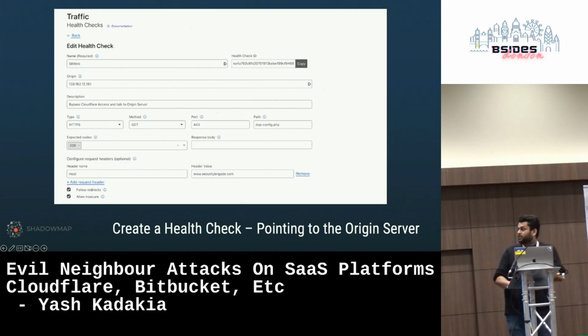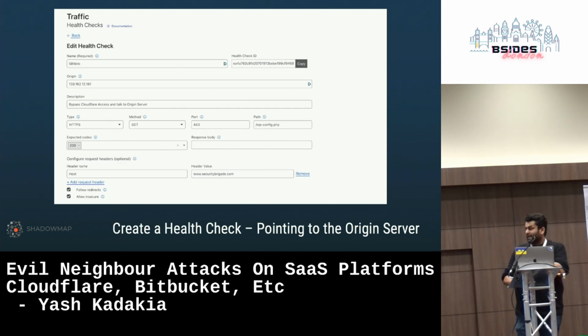In this case, you can't really read it very clearly, so I'll walk through it. I've got the origin IP address, which we identified just by looking at historical DNS records. The origin, again, let me flag, is IP restricted, with no public internet access. You can hit it with Nmap and it's going to come back with no ports open, right?